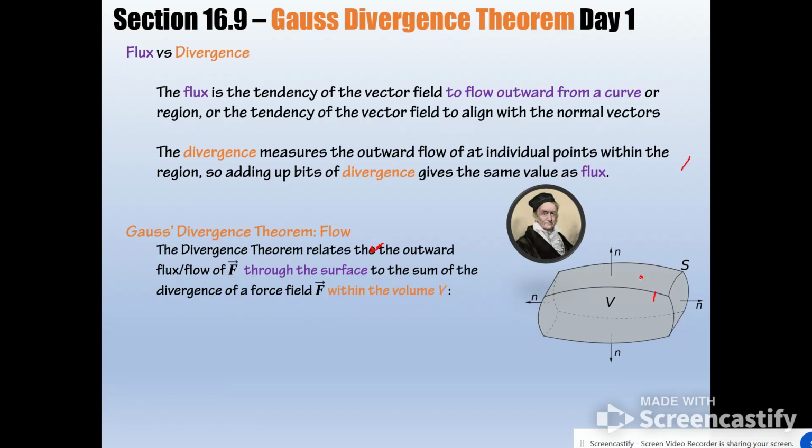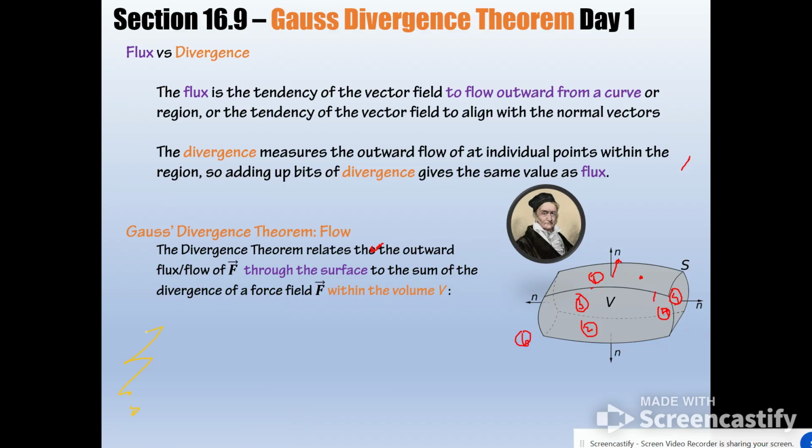If I'm on this surface, how well does the force field coming through here align with the normal coming out there? But notice this is surface 1 of this shape. Here's surface 2. The back of it is surface 3. The front of it is surface 4. Here's surface 5. There are so many surfaces that you'd have to calculate the flux integral over to add it up over the whole thing. Or what Gauss said is that you can just instead